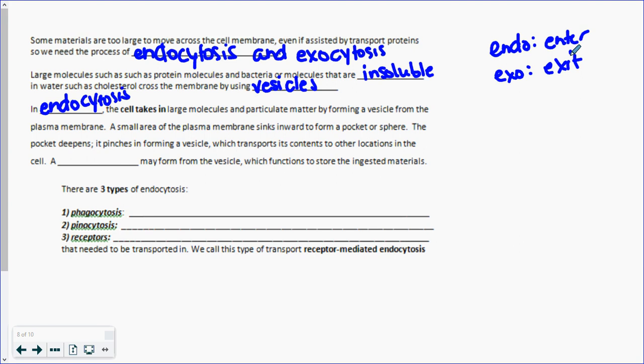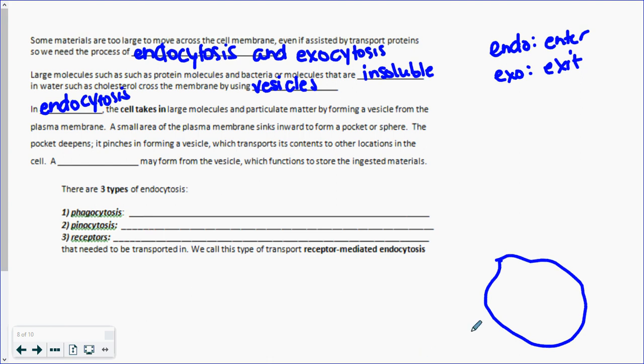So in endocytosis, a cell takes in large molecules and particulate matter by forming a vesicle in the plasma membrane. So a small area of the plasma membrane, or the cell membrane, sinks inwards to form a pocket or sphere. The pocket deepens, it pinches, forming a vesicle, which transports its contents to other locations in the cell. So what this is saying is,